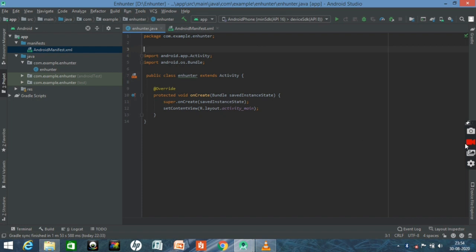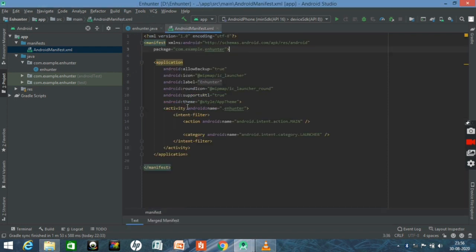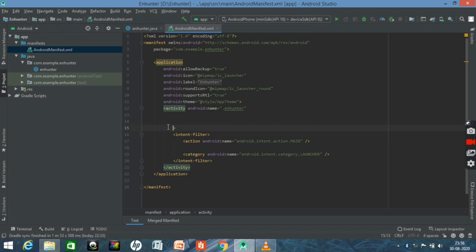So now after making the change in your Java file, again move to your AndroidManifest file and move to your android:name and change your Android name to NHunter. And after changing your name, go here before the closing bracket and tap enter. Tap it twice or thrice and move your closing bracket a little bit down, and then type the code which I am doing. So start with android:theme